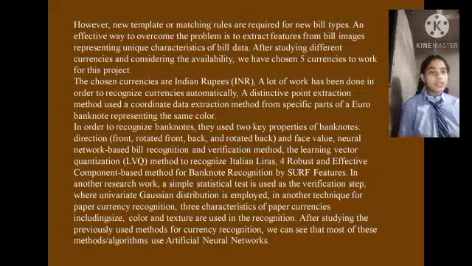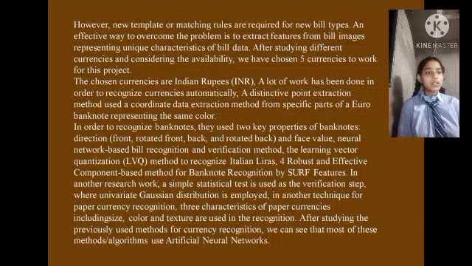A simple statistical test is used as the verification step, where a univariate distribution is employed in another technique for paper currency recognition. Three characteristics of paper currencies, including size, color and texture, are used in the recognition. After studying previously used methods of currency recognition, we can see that most of these algorithms use artificial neural networks.